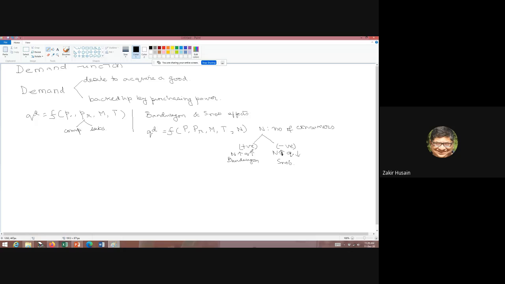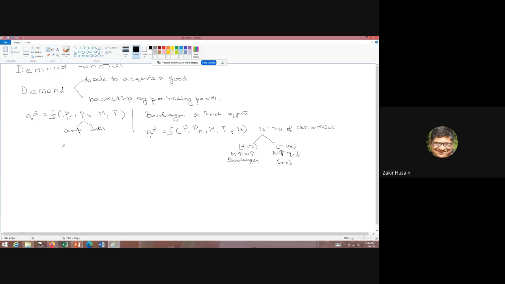So if you see that other people are buying that commodity, it has become fashionable. A film has opened and it's houseful in all the shows. So a craze develops. Everyone goes and tries to get a ticket, even purchasing it in the black market. On the other hand, there's some commodity where you may want to behave in a contrary manner. If all the people are purchasing, you're a snob and you say, look, I don't want to purchase this commodity. I'm special. So in that case, if others purchase, you reduce your